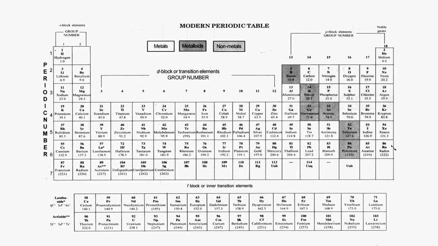So you can see in this modern periodic table there are 7 periods. You can count 1, 2, 3 on the left side, it is given. And the groups, that are the vertical columns, there are 18 groups you can see on the top. From left to right, groups are numbered, and from top to bottom, the number of periods is given.